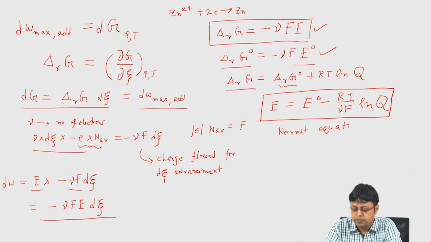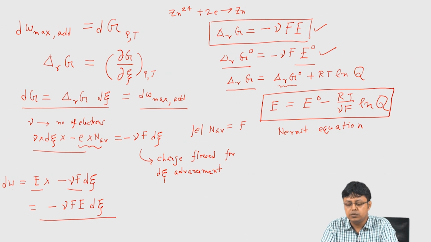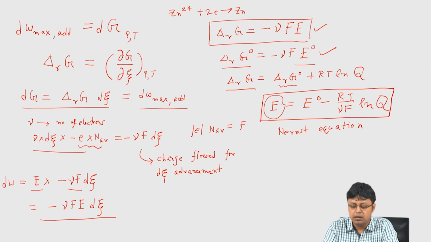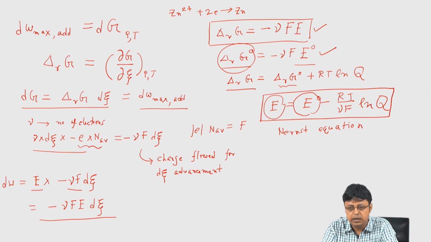So, it is the Nernst equation for electrochemistry, and here I can connect the potential drop, which is known as electromotive force. We will come to that. Electromotive force, right now we are discussing it for the half cell, is equal to the standard electromotive force, which is directly connected to the standard Gibbs free energy change, minus RT by F, which are always constant, and nu, which is nothing but the change in the number of electrons in the stoichiometry, which in this case is 2 in the example of zinc 2 plus going to zinc, and then ln Q,